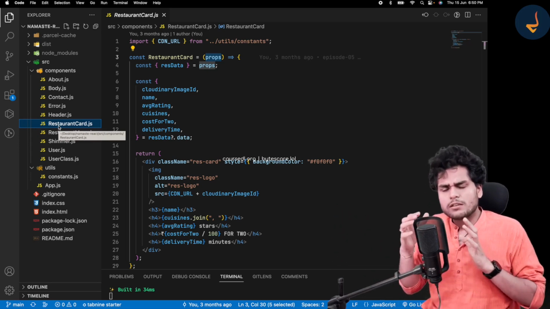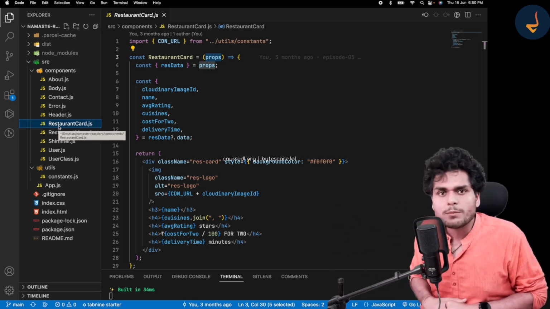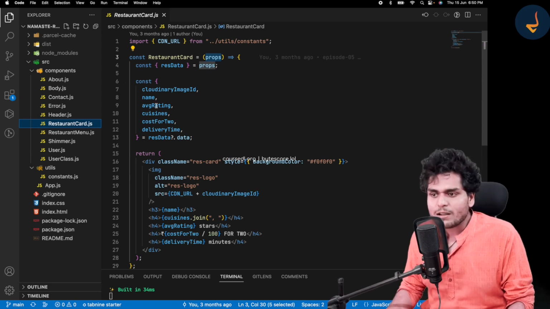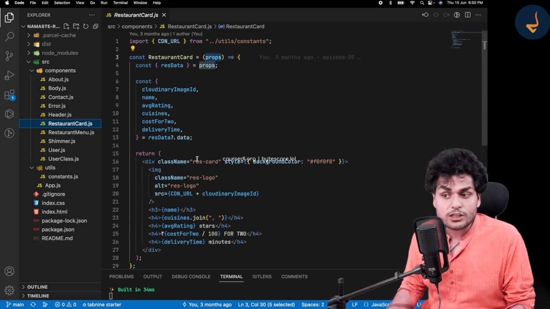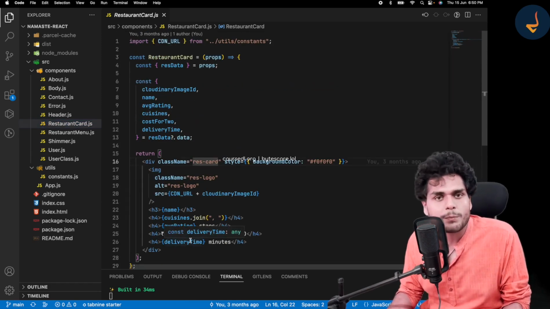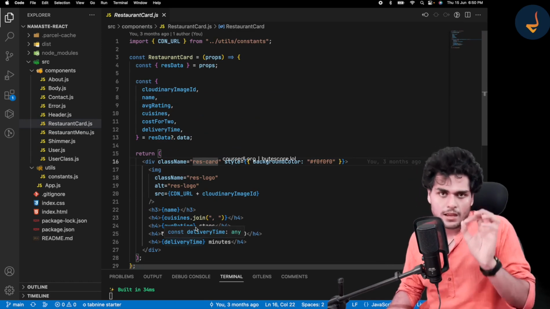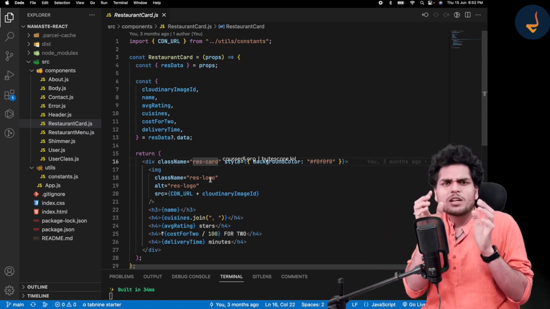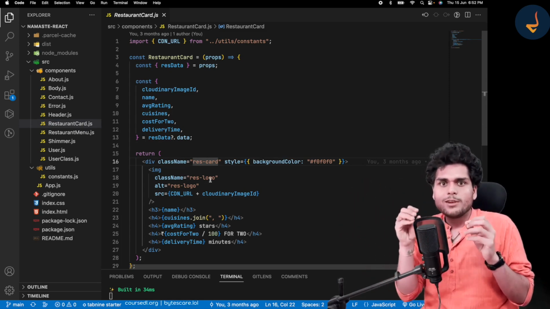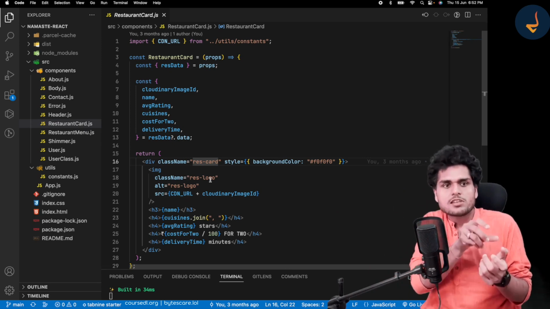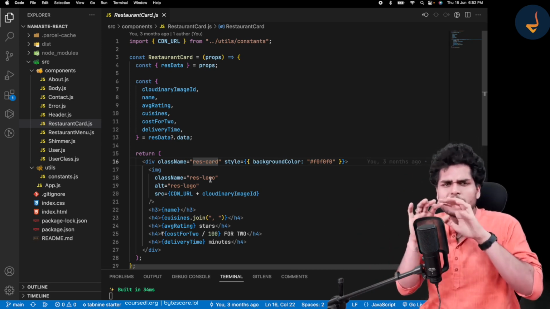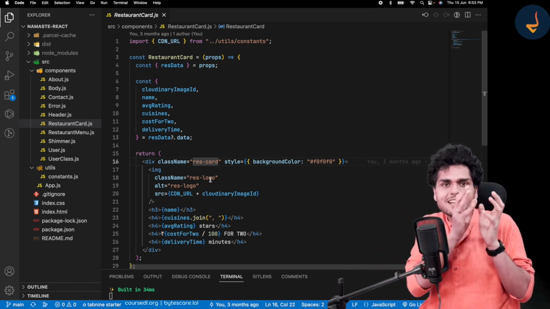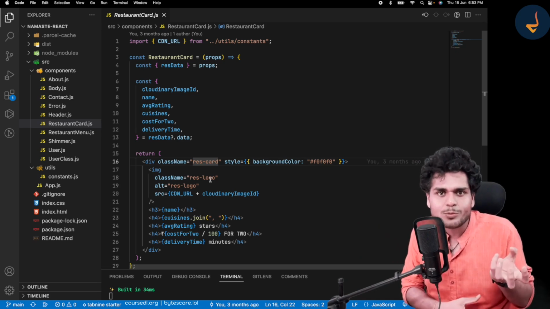Now, I have talked a lot about the single responsibility principle, but how can we apply it over here? Is there a component which is not following the single responsibility principle? Let me also tell you that the single responsibility principle does not have any hard and fast rule. You can't just see a component and say this is single responsibility, this is not. There are no hard and fast rules. But what I am trying to say is that keep your components as light as possible.